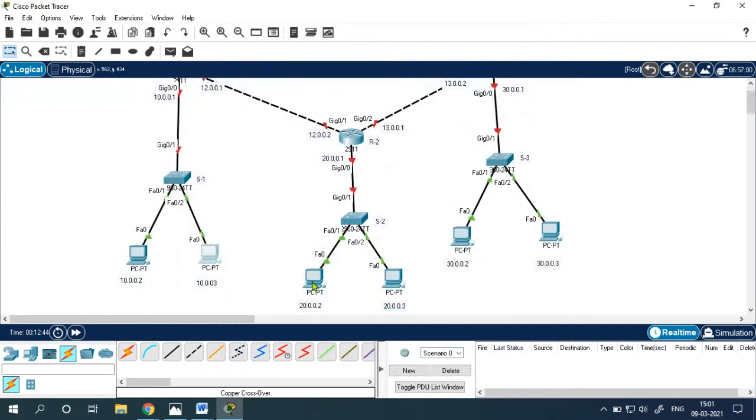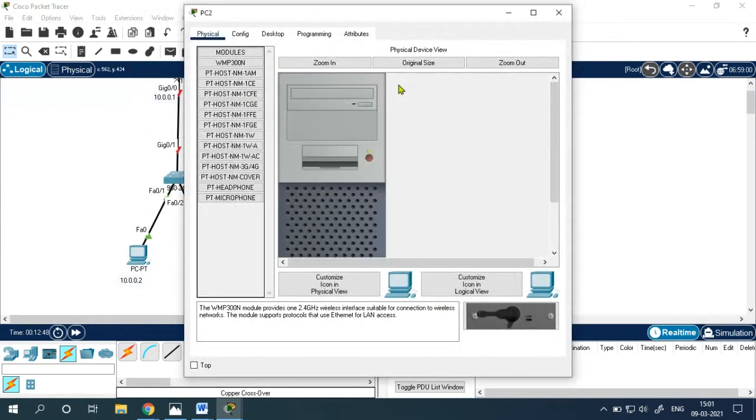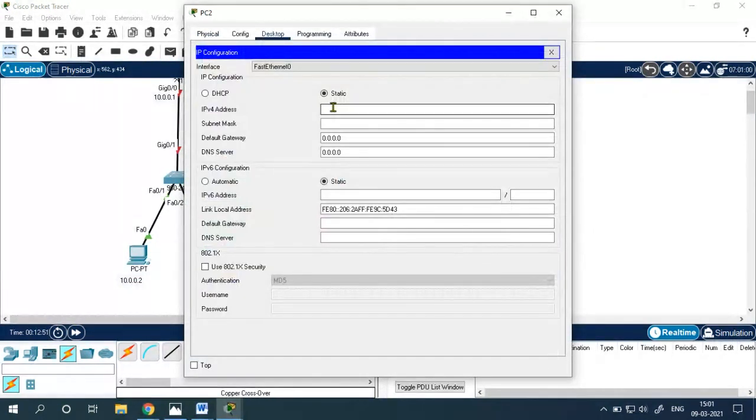Now let me click on the first PC of the second LAN. Click on the desktop, click on IP configuration. This time the network ID is 20. Alright, so let's change it to 20.